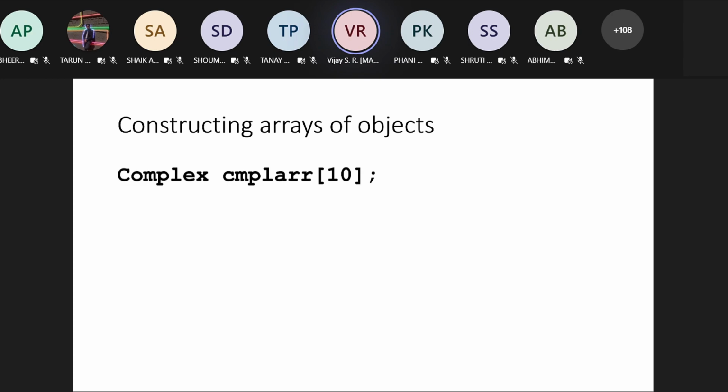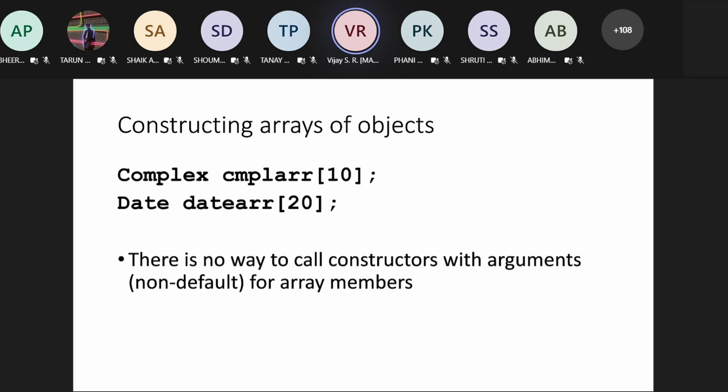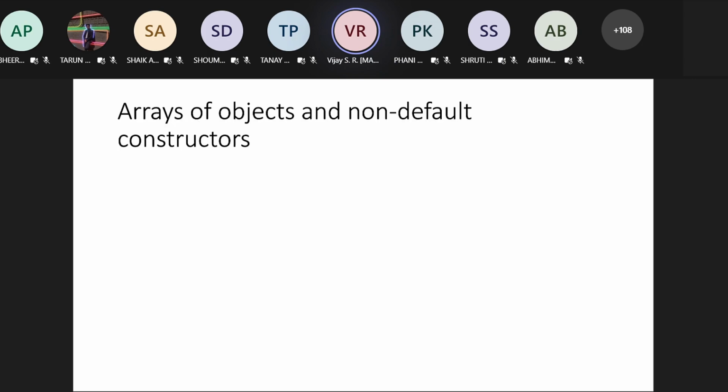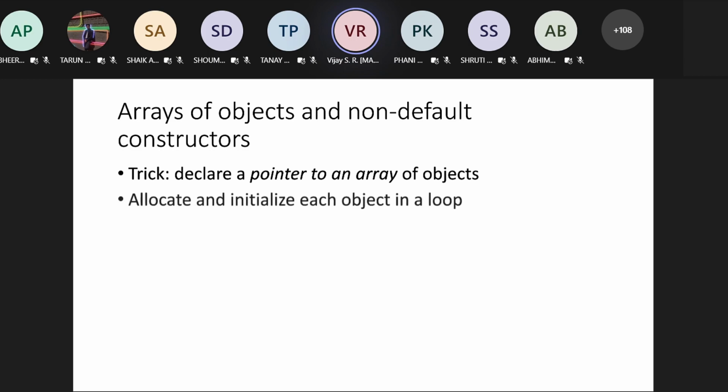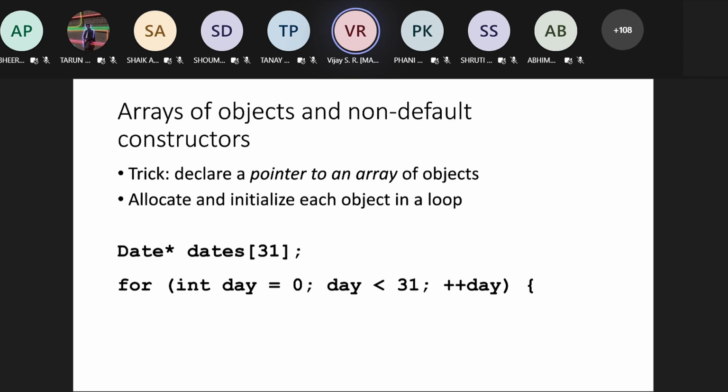Constructing an array of objects, like a complex array or date array. There is no way to call constructors with arguments for array members, so you will not be able to straight away do this for arrays. How we can do that is using a pointer to an array of objects, like this. I have a pointer to an array of date objects.